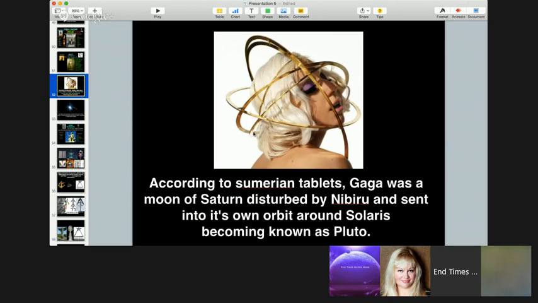And then here we have Lady Gaga. She has a moon of Saturn. I guess Gaga was a moon of Saturn. It was called that. Distributed by Saturn. Right. And into its own orbit around Solaris and becoming known as Pluto. So that's quite interesting because Pluto is where Hades is in the netherworld, and